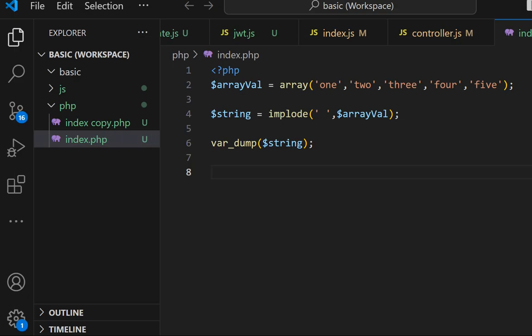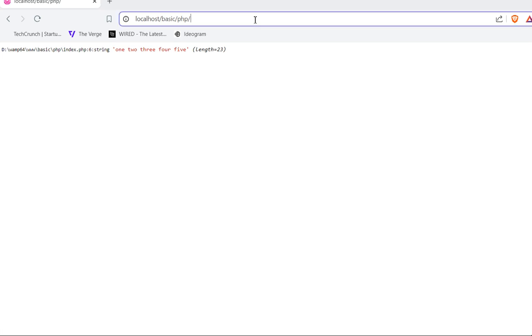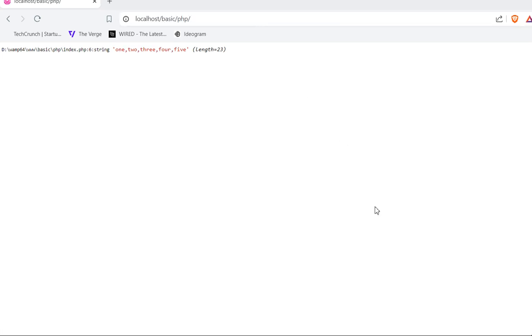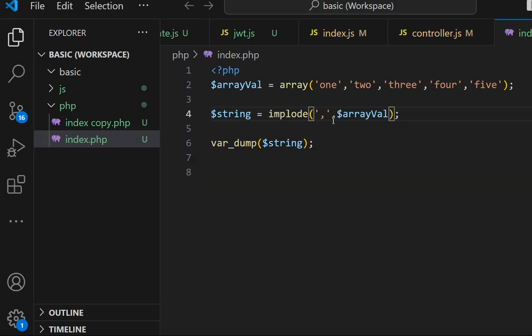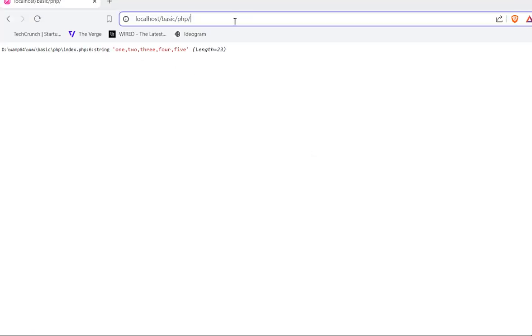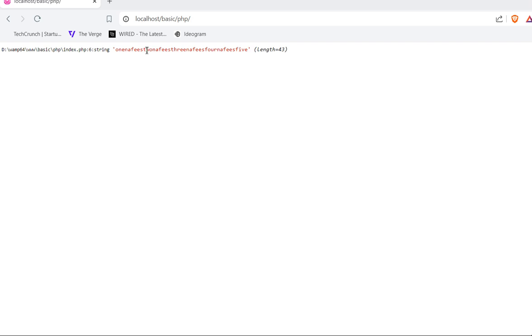So now if you want to add anything else here, like a comma, like this, you can add anything here, like Nafis. So Nafis will be added between 1 2 3 and 4 5 like this. So you can check Nafis. Okay,